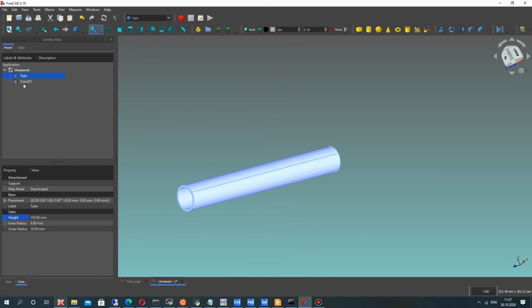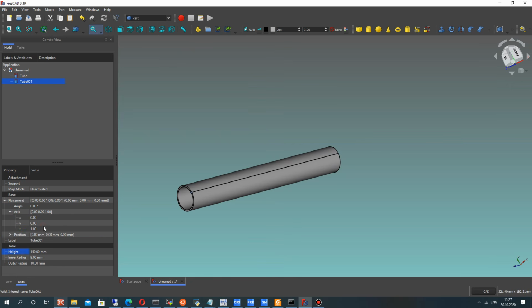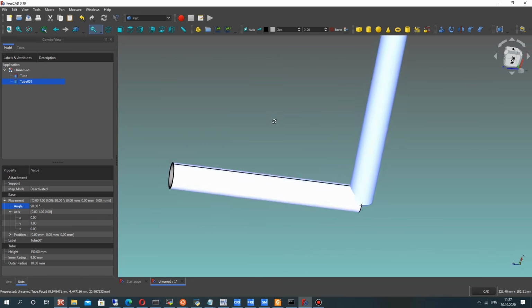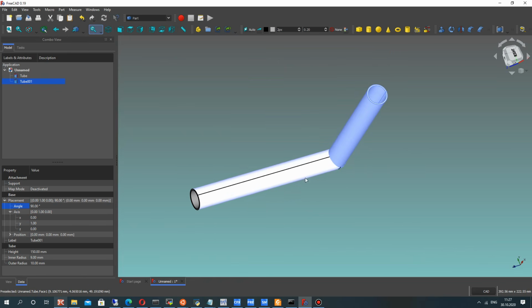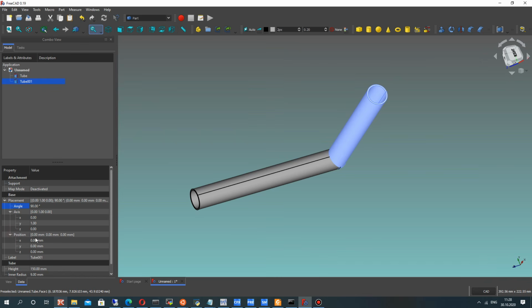It will be Ctrl C and Ctrl V. And you will get one more tube, and for this let's change the position. We will rotate it around the Y axis and translate it in the Z direction. It's 100